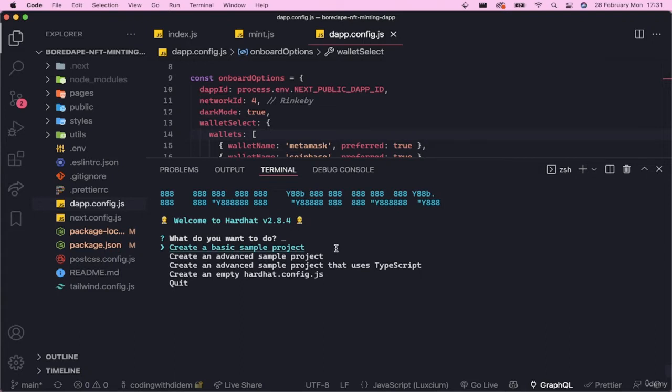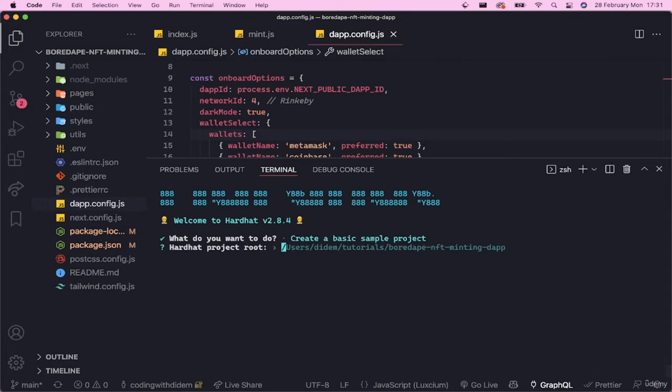So what do you want to do? I want to create a basic simple project. Okay, I don't want an empty hardhat.config.js. I'm not using TypeScript. I'm not at that advanced level, so I want a simple basic project. So let's say okay,